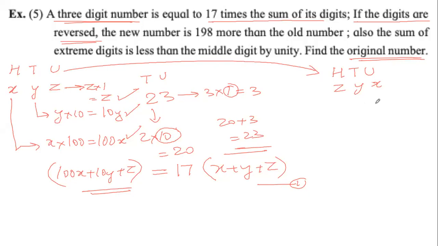Khadija, your answer is correct. Now this will be Z is 100Z, Y is 10Y, X is just X. This is the value of the new number. Karthik, correct. Khadija, correct. Is it not clear, Chanda and Prachi and others? What is it that you are not able to understand? Do you want me to explain 23 once again?